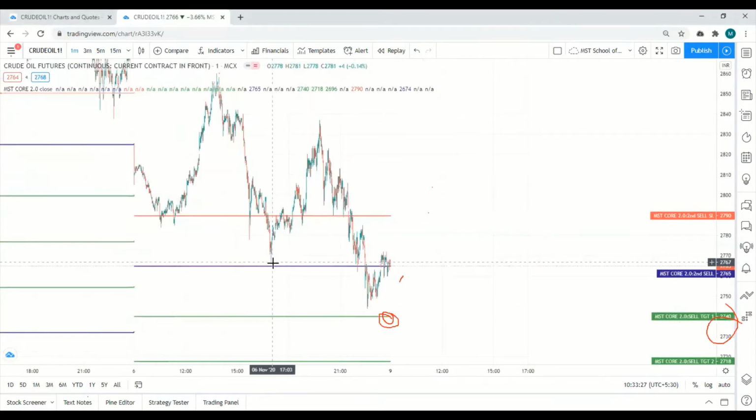Here, second entry not activated. Here only activated. See, here only activated second entry, this place. So this place 66, not 65. We should be very careful. So 665 activated here, and first target 40, and the low made was 44. Since already we got our first entry here and 3 targets here, we are ignoring the remaining entries.